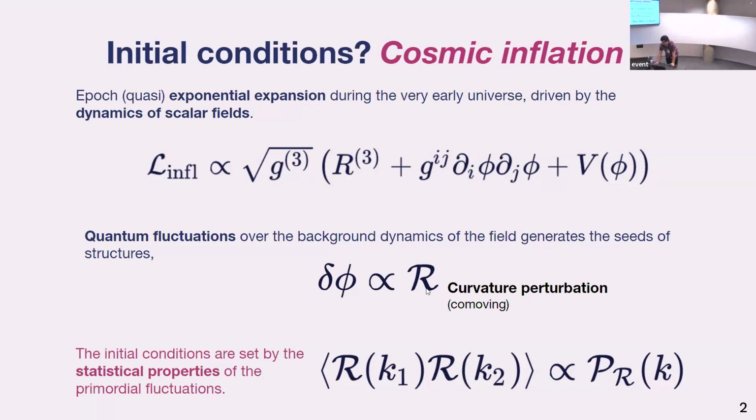Then you can compute two-point correlation functions or higher order statistics from these curvature perturbations, and set the statistical properties of the primordial fluctuations of whatever matter content you're using. For example, you can compute the two-point correlation function and obtain the primordial power spectrum, which is something that you put in your CAMB or CLASS codes as A_s and n_s. So you are essentially defining this part of the